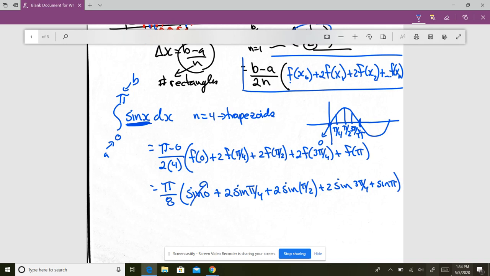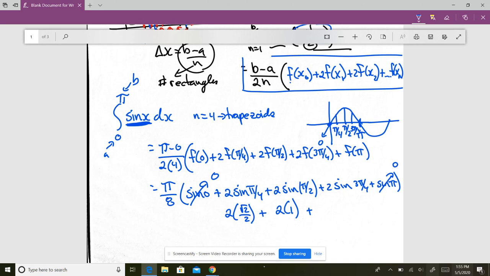Sine of 0 is 0. You see it on the graph. Sine of pi is 0. Sine of pi over 2 is 1, so this is 2 times 1. Sine of pi over 4, or 45 degrees, is root 2 over 2. So I'm going to get 2 times root 2 over 2